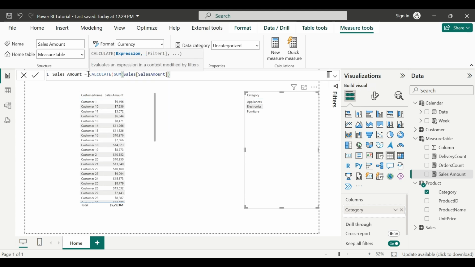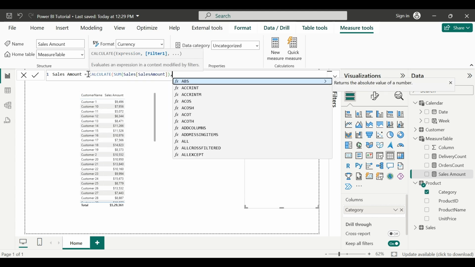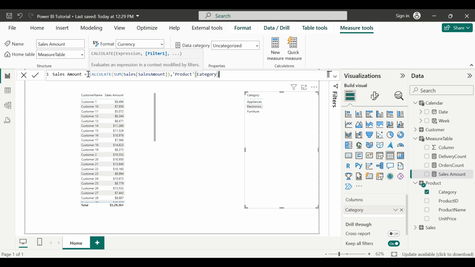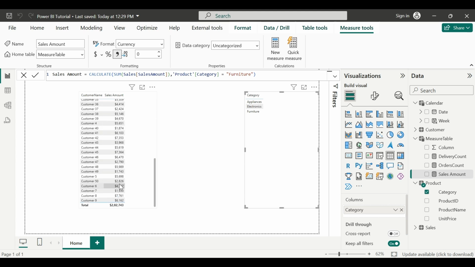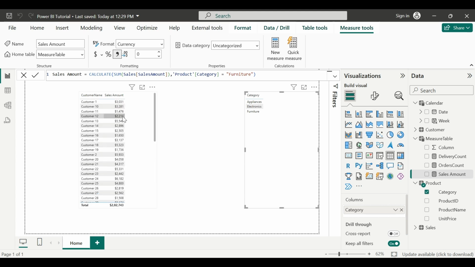For example, CALCULATE and then the expression, and then our filter comes into the picture. We can use category equal to furniture. If I do that, see, we have only furnitures. You see the numbers changed here. Similarly